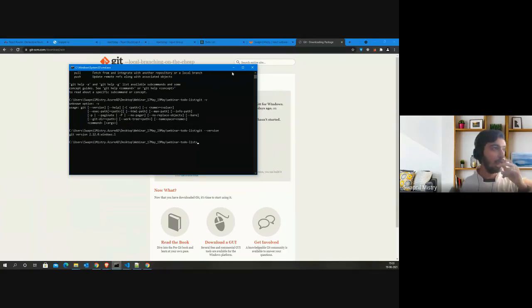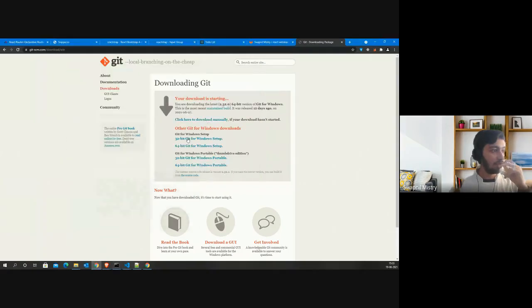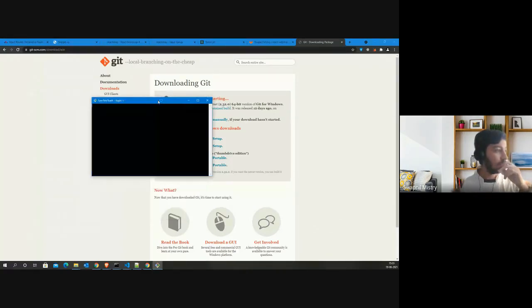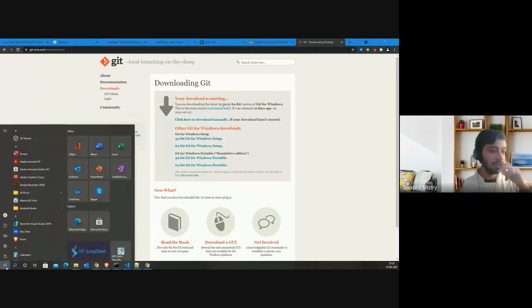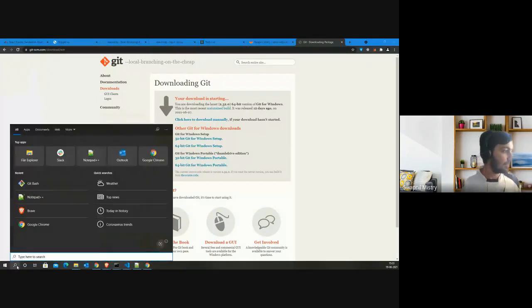Once you install this, you will get another terminal predefined with it, which is called Git Bash. If I type Git Bash in my system and try to search it, you see Git Bash over here.